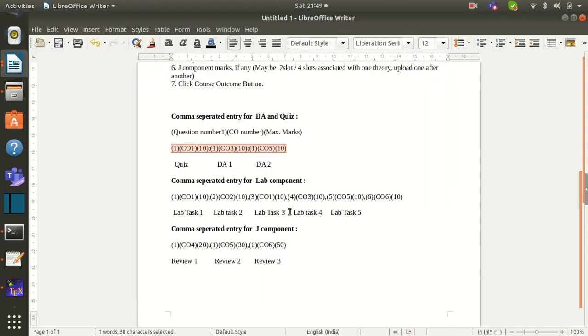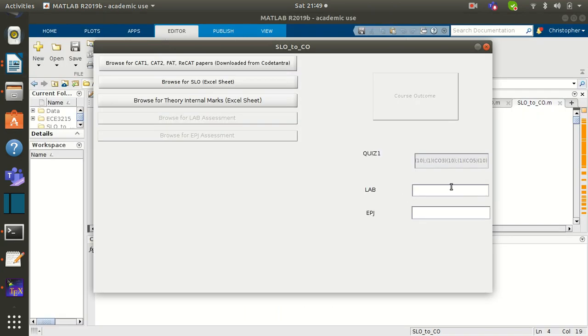And I'm going to input the lab one. I know that there are only 5 assessments. For the last 2, 15 marks. So total marks should be 60, otherwise it will prompt the user that entry is wrong. I copy this and paste it here, enter. So only once we can do the entry here, then it will be disabled. So we have to ensure that it is properly entered.